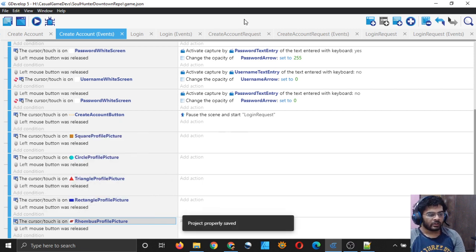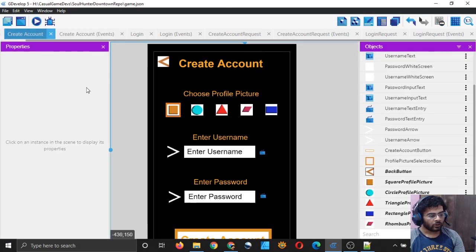So we have all this, and now what you have to do is, by default the location of our profile picture selection box will be 64 in the x direction and 287 in the y axis by default.